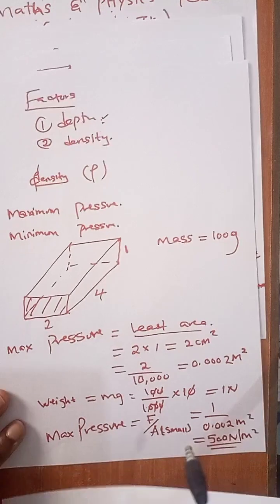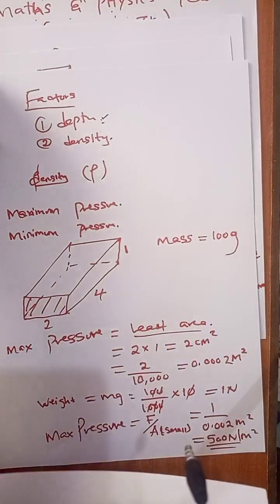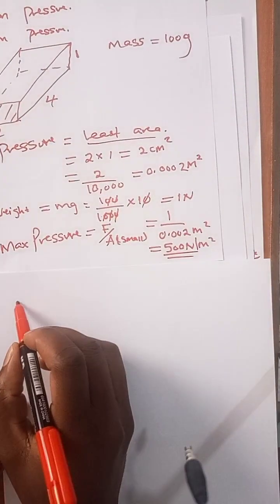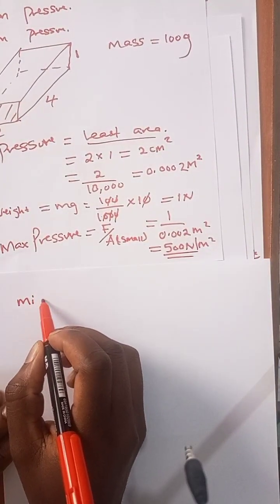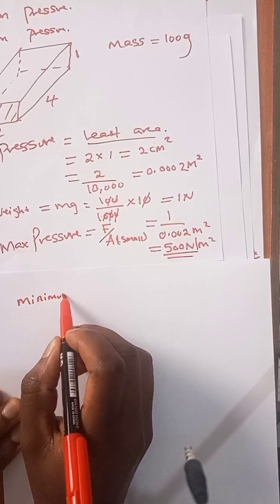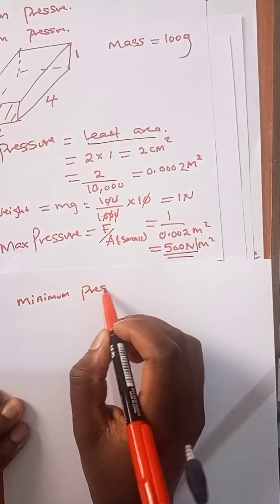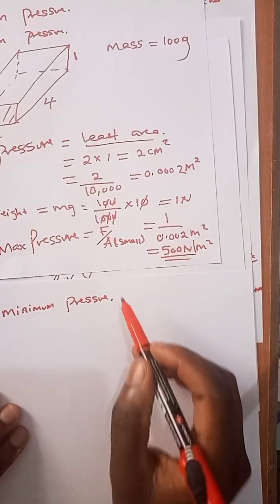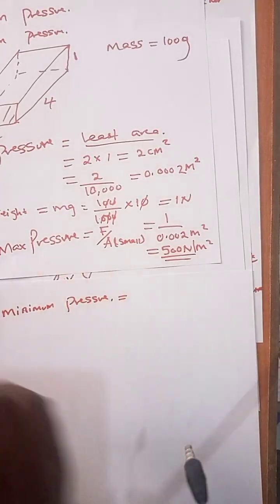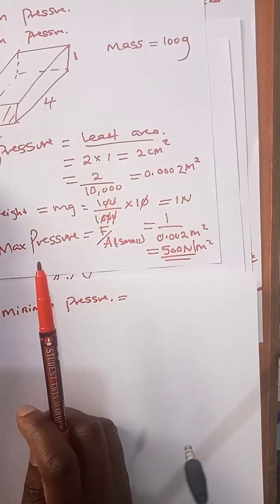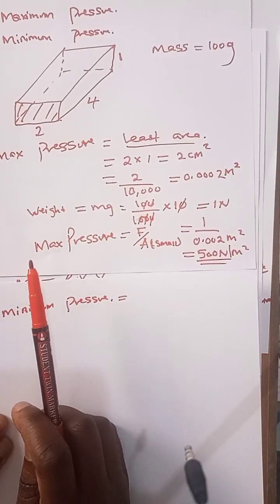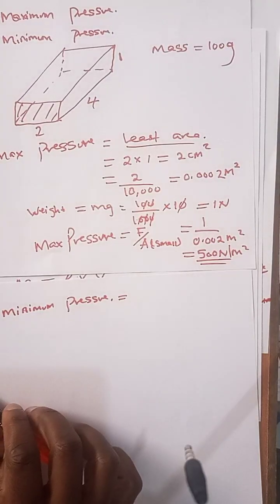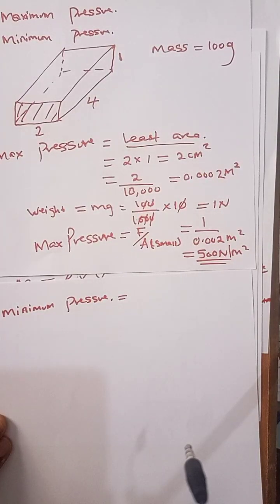So then when we talk about minimum pressure, or the least pressure, it is when the shape is lying on its base, as it lies on its base,